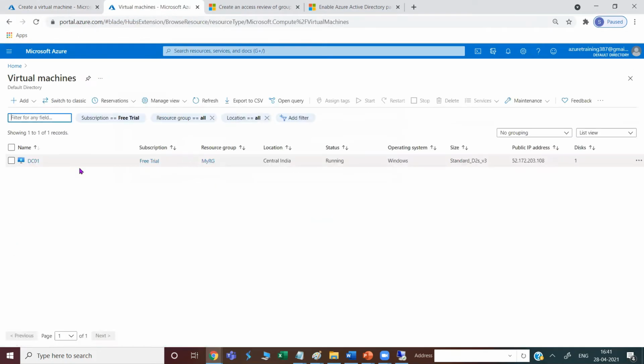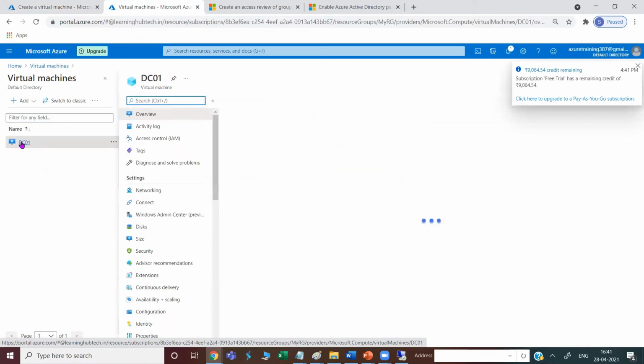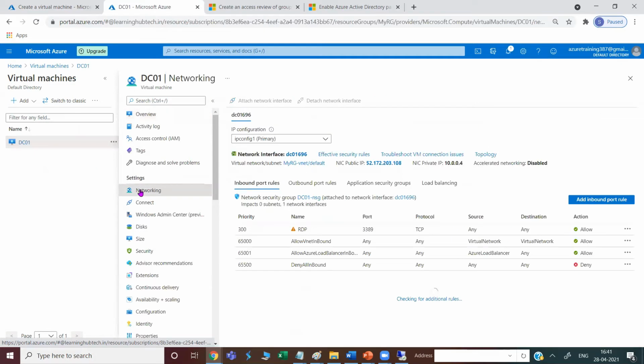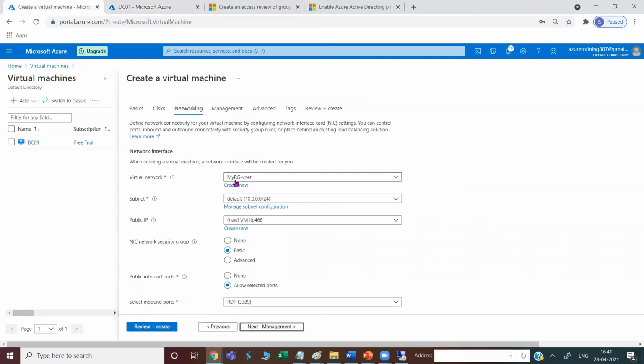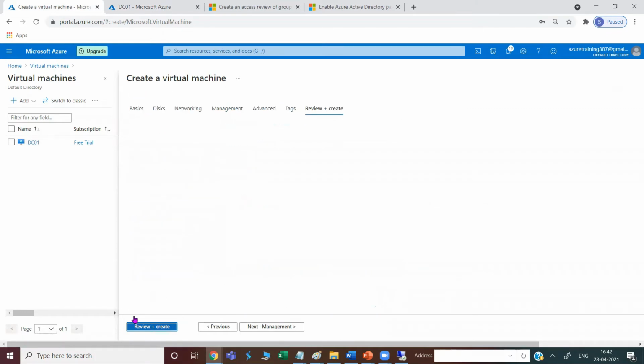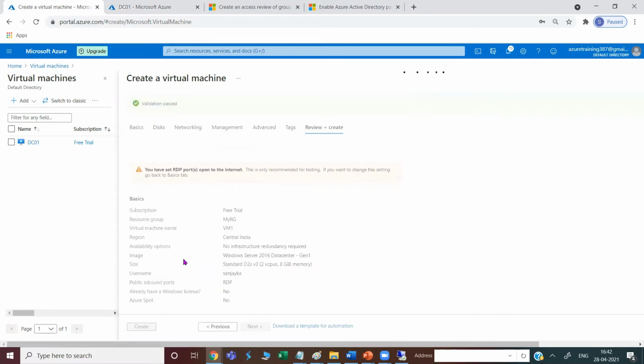Go here on virtual machine. On this DC01, actually I have deployed one on-premises Active Directory. Okay, so if I check the network of this one, so the network is my RG-VNet and the subnet is default. So just for the simplification purpose, I will put the second virtual machine, that is VM1, into the same network and same subnet. And I also enable a public IP address. Just go ahead and create this one. Once this virtual machine is created, I will add into the domain.